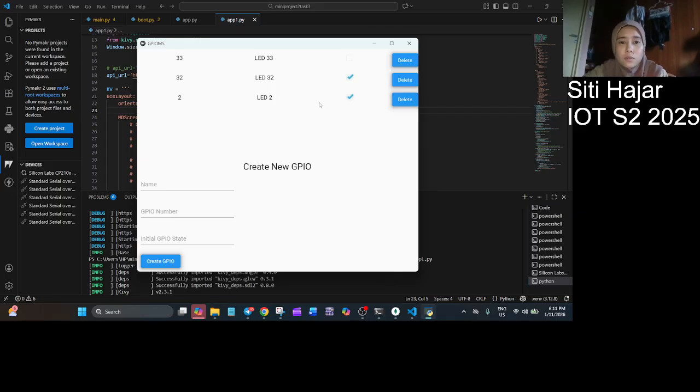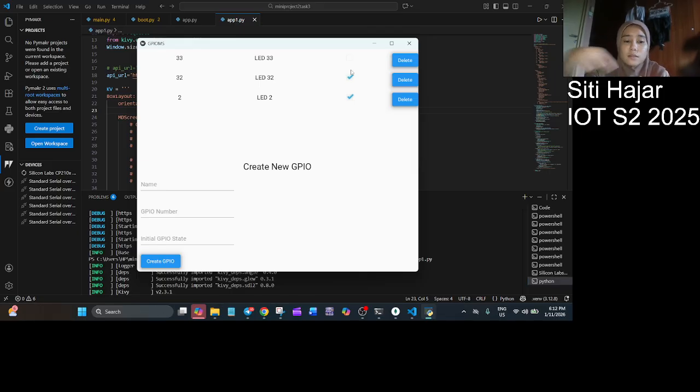As we can see here, the one that is ticked shows that it is switched on, and the one that hasn't been ticked is switched off.